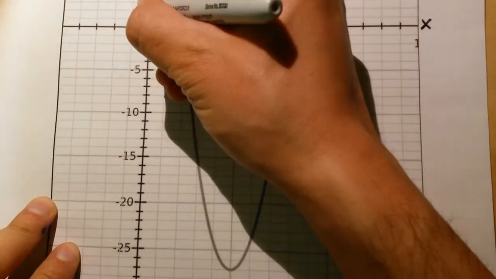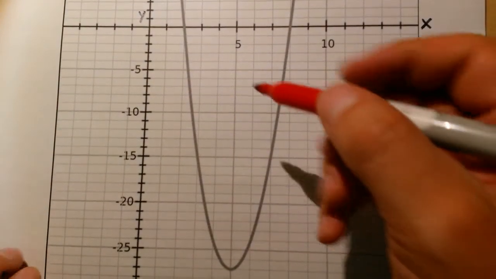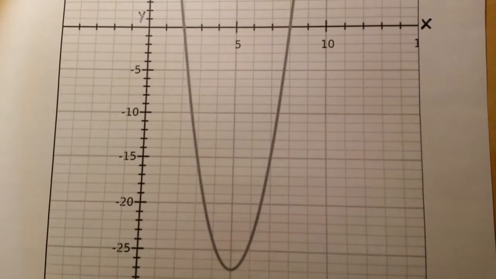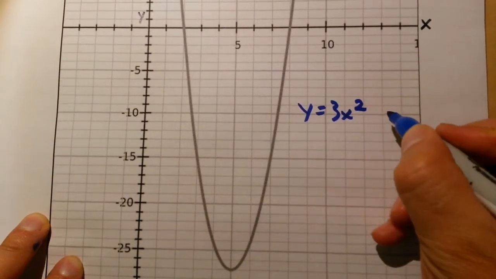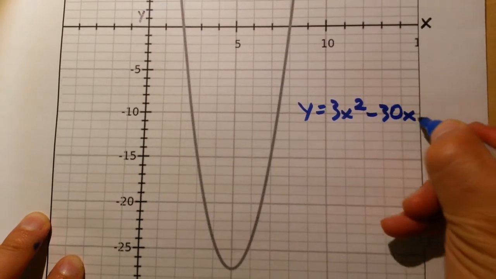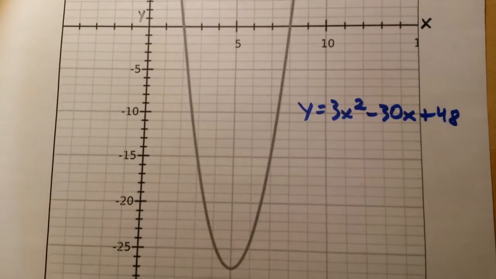Here, let me just rewrite it here again so we can all see that's the y axis. You can also see how this is our y equals 3x squared minus 30x plus 48 equation that has been drawn here,